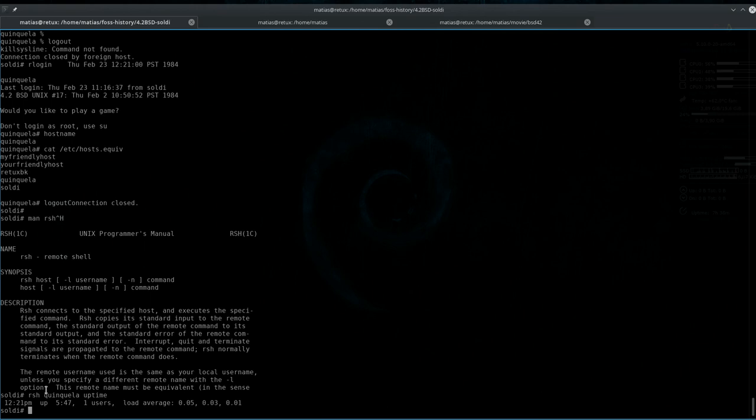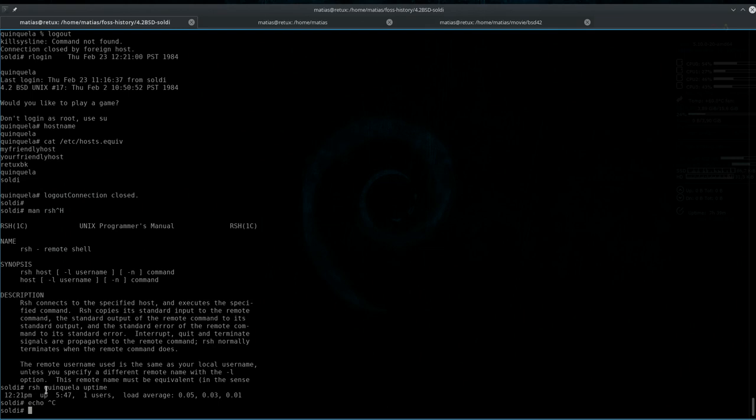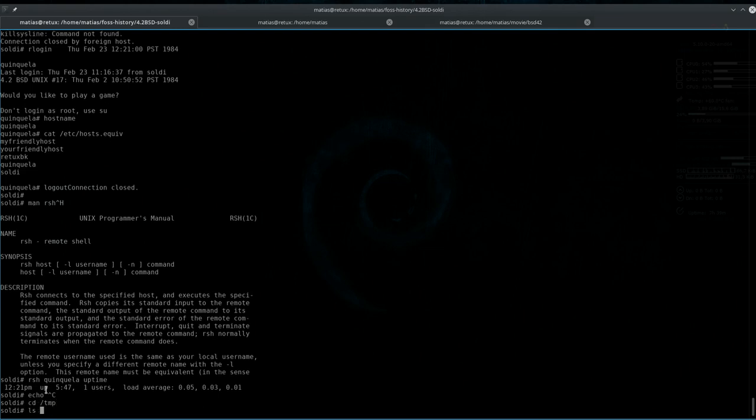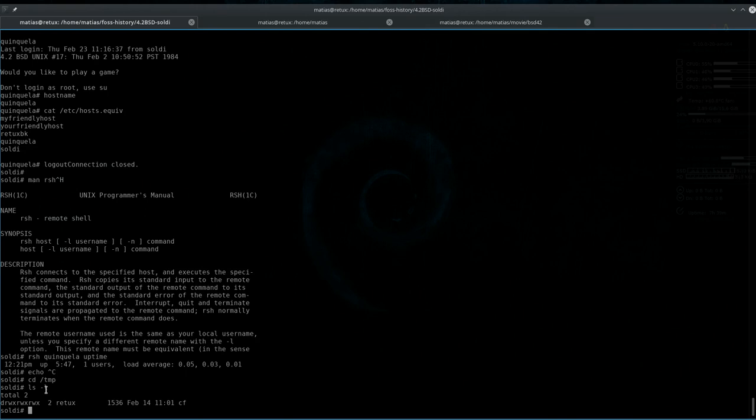Other utilities are some of the predecessors of SSH or SCP. For instance, let's write a simple file. Let's first set the term.